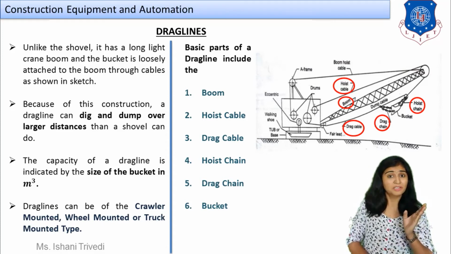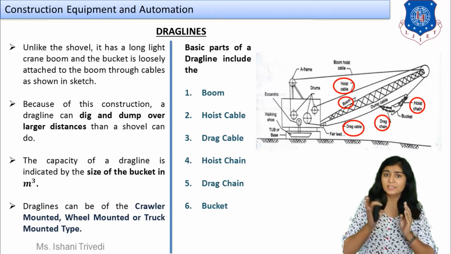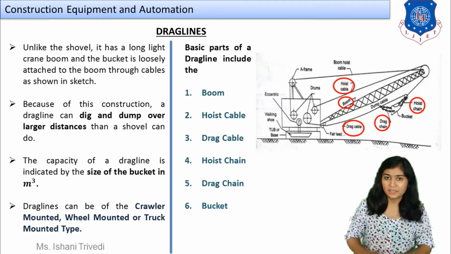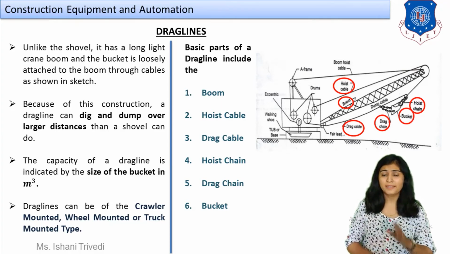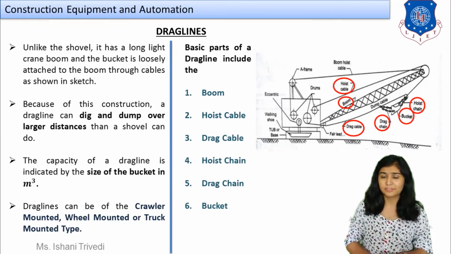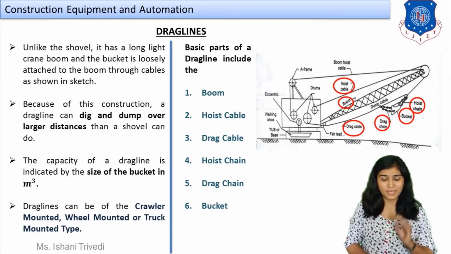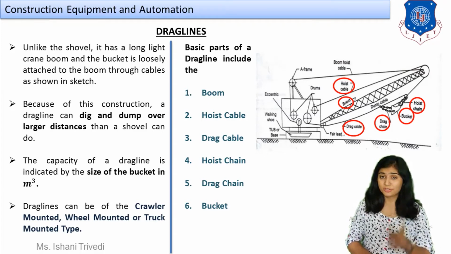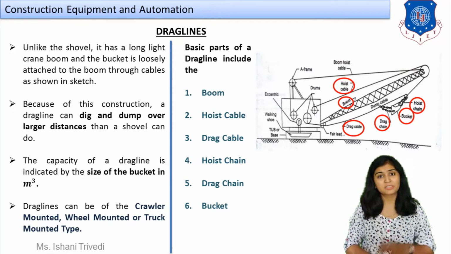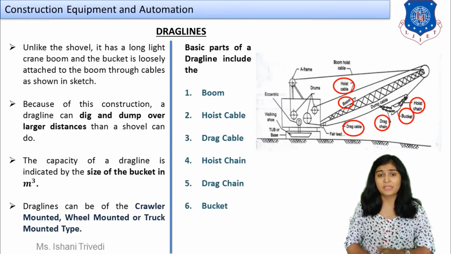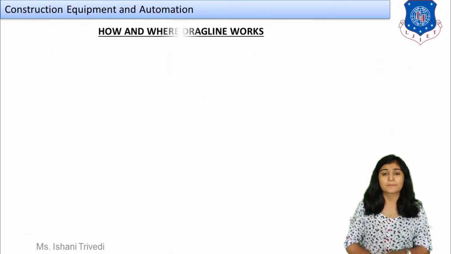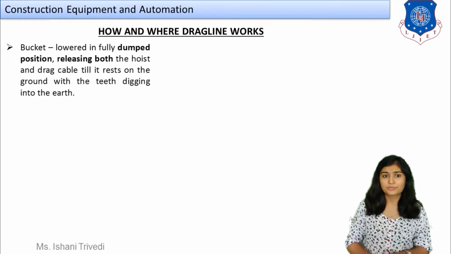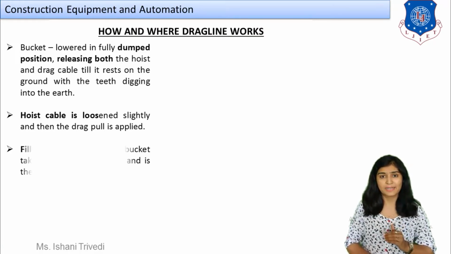In the power shovel we used to call it dipper, and here we are going to call it as a bucket. Ultimately it is the same. That is also flashing right in front of you. So all of the basic parts are clear to you. For us, only these parts are important. So you are also supposed to draw the sketch if the university exam asks you the question of drag line in detail. Next students, we are going to talk about how the drag line works.